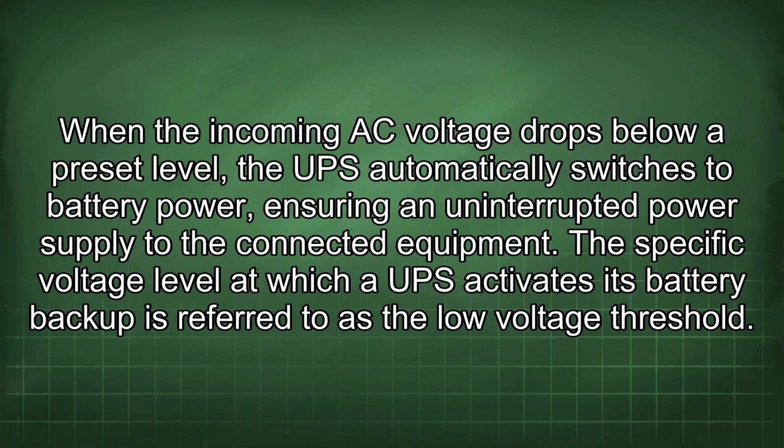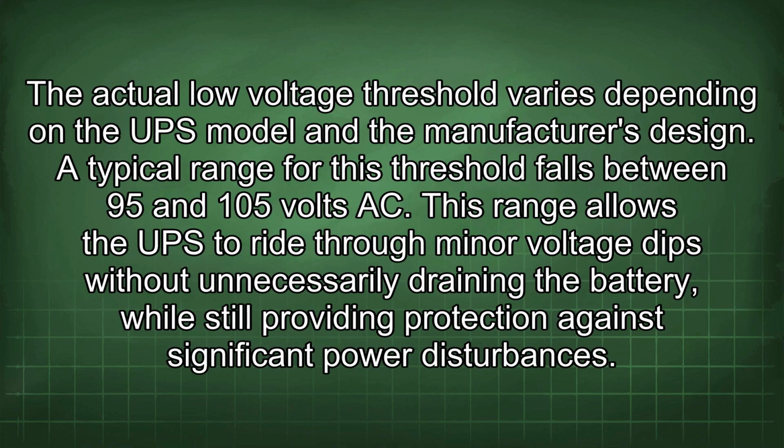The specific voltage level at which a UPS activates its battery backup is referred to as the low voltage threshold. The actual low voltage threshold varies depending on the UPS model and the manufacturer's design. A typical range for this threshold falls between 95 and 105 volts AC. This range allows the UPS to ride through minor voltage dips without unnecessarily draining the battery, while still providing protection